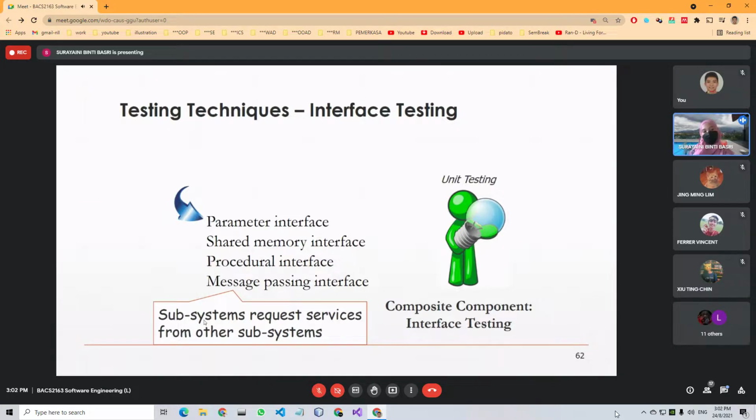So we test whether that service can be provided by subsystem A to subsystem B, which is the subsystem that requested that service. Okay, so if subsystem A fails to provide the service, then the system has failed